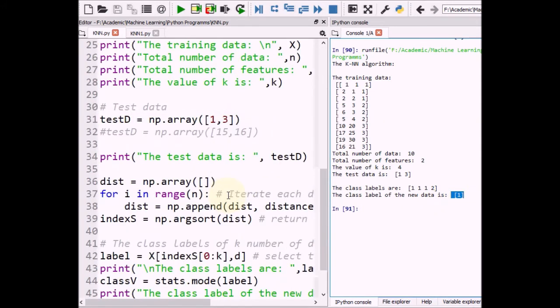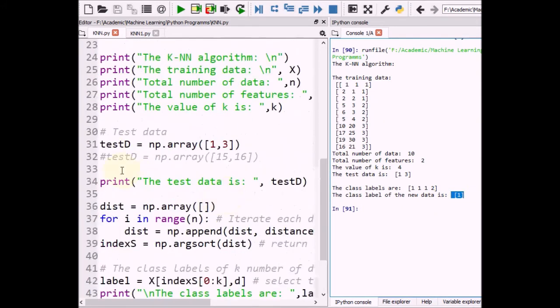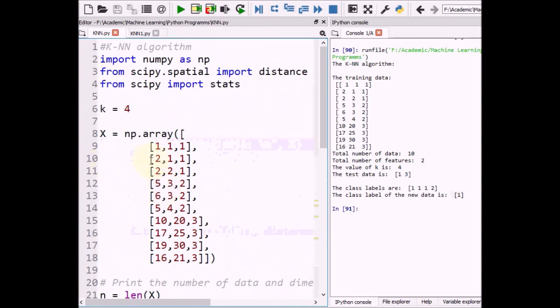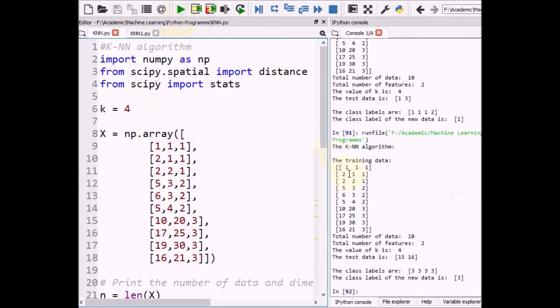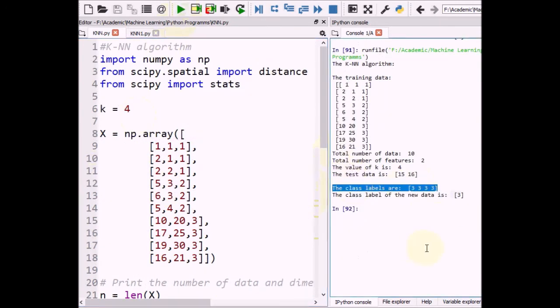Similarly, if we change the test data to 15 and 16, with k as 4, and execute it, we can see the class labels are now different, all 3, so definitely the class label of the test data 15, 16 should be 3. Now if k is equal to 5, the class labels are 3, 3, 3, 3, 2, and using majority voting the class label should be 3.